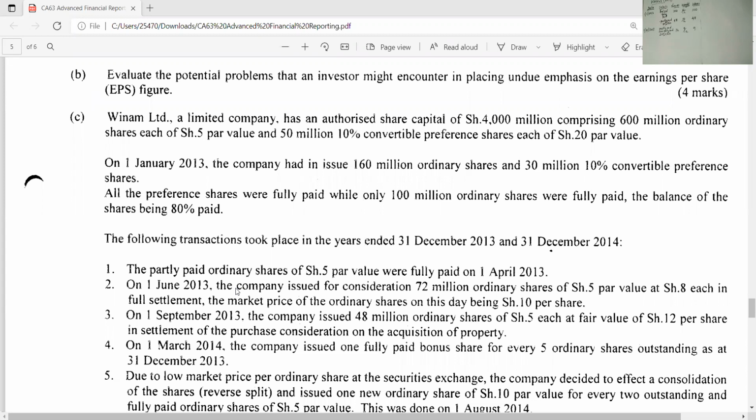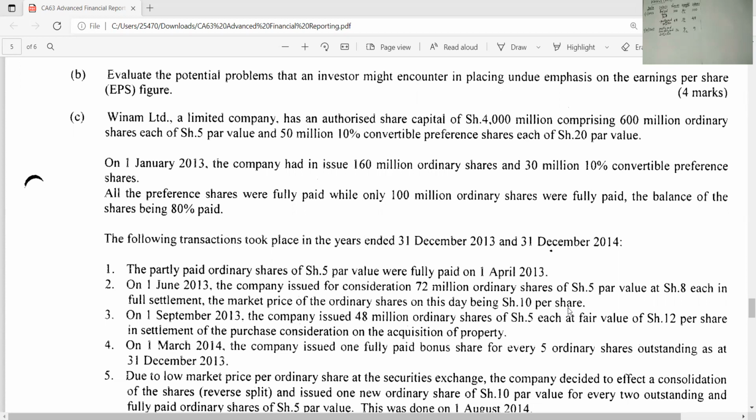The market price of the ordinary shares on this day being shillings 10. That is per share, not per value, per share. So on 1st June 2013, the company issued for consideration. There is something they were purchasing, so they issued shares, 72 million shares of 5 par value at shillings 8